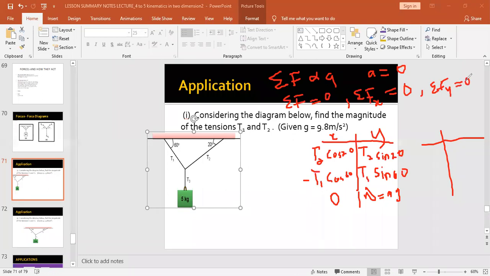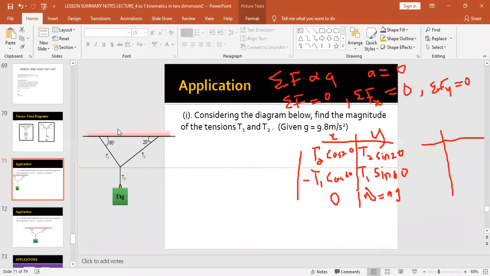So in other words, if we are going to add all the forces in the x components, we'll get this equation. So let me move this a bit. So we're going to get